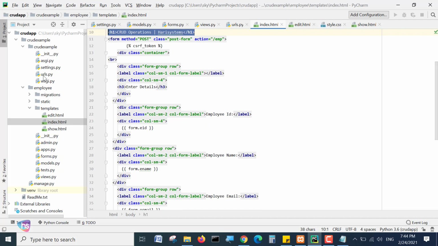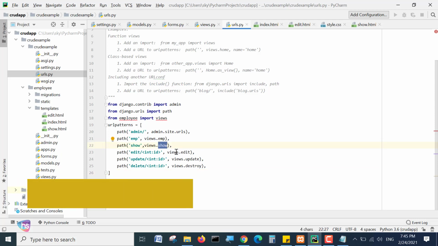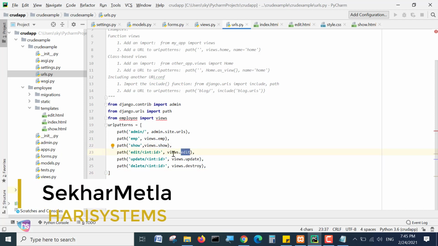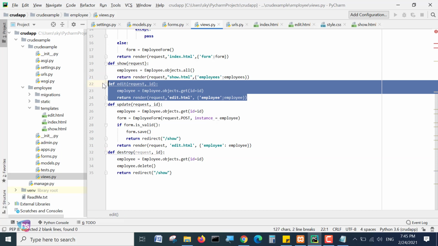Now see, URL routing is very important in MVC architecture. How views and forms matter, URL routing is very important. See how the routing happens here: admin and emp, view emp by default shows views.show, it redirects there. For edit, views.edit comes to the edit part, and if I open the views, you can see how edit reads. It comes with the ID, reads it, and returns the data, very simple.